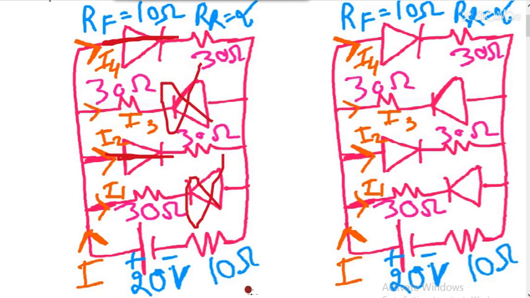The difference is that here we have the 10 ohm resistance, here we have the 10 ohm resistance. So this is the difference between the earlier question and this question. In the earlier question we have seen a resistance of 40 ohm is there. So if I redraw this circuit, forward resistance is 10, no? Yes, forward resistance is 10, given.